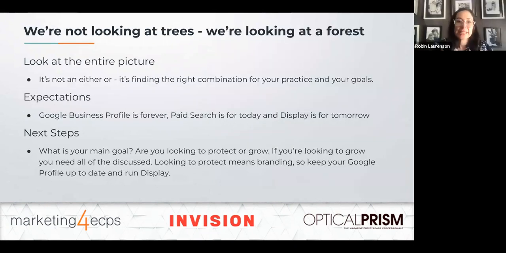That's right. And so I always like to review these 3 strategies that we discussed today: claiming your Google profile listing, having the paid search, and Google display. So Google Business Profile, that is forever. You're going to continue to collect these Google reviews, continue to post. That is a forever strategy because that is long-term. What that is going to do is help you rank organically throughout time. If you're not on the first page of Google already, by collecting all those Google reviews, it's going to help you move from page to page to page on Google.